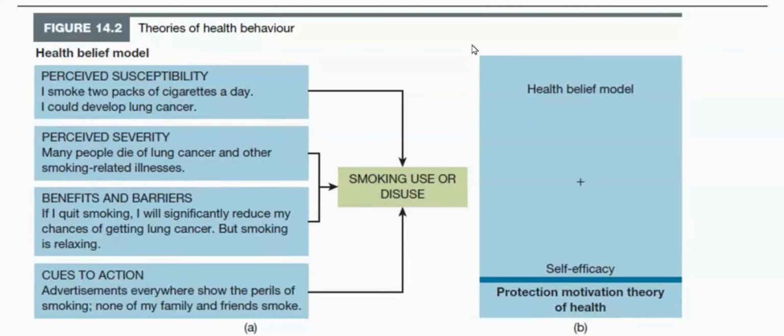So susceptibility, this is your perception of how prone you will be to getting a particular illness, a particular disease, if you assume a certain kind of harmful behavior. Yeah. So this is the first consideration, and the second one is how severe that particular illness or disease would be if I engage in it. Yeah. And this is really something educational, related to our knowledge of health or medicine.